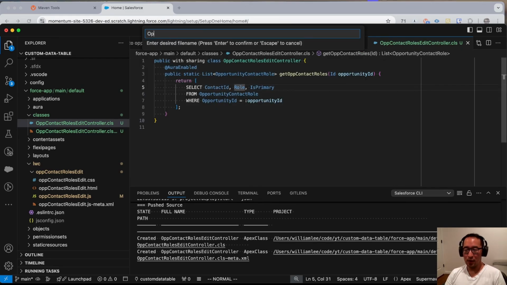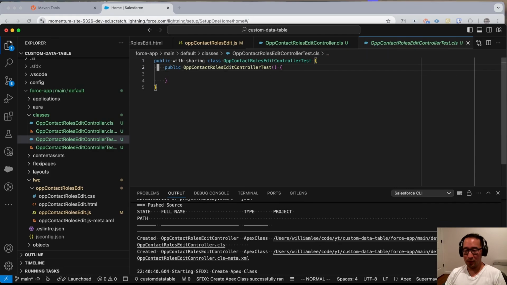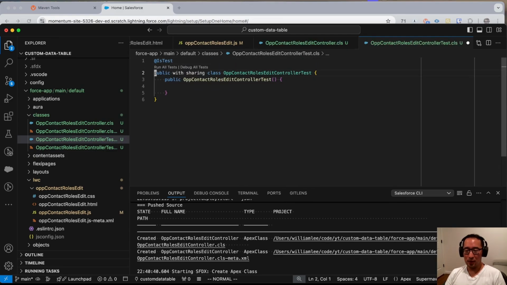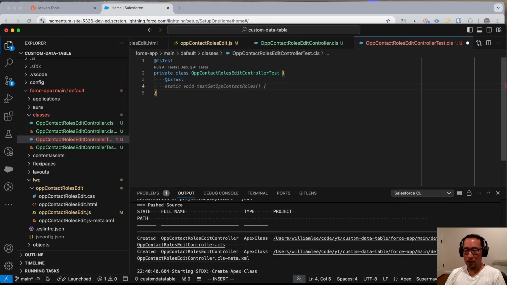So OpContactRolesEditControllerTest. That's how I name my test, just putting Test at the end. Obviously, if the Apex class name is longer than is allowed, then I'll have to shorten it in case it runs into the character limit for the class name. For my tests, I like to make them private since no other class should be accessing these. And again it's a test static void